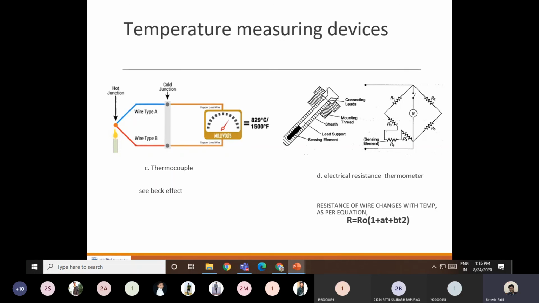This potentiometer will measure the amount of EMF generated in terms of millivolts. The amount of voltage which is generated is very small, so it is measured in millivolts, and by correlating this generated voltage with the temperature, the thermocouple measures the temperature. This thermocouple is coupled with a digital display. So a microcontroller will be there, and this thermocouple directly indicates the reading in degree centigrade. You will get a digital value, so it directly indicates the value. There is no need to get the reading through a scale.